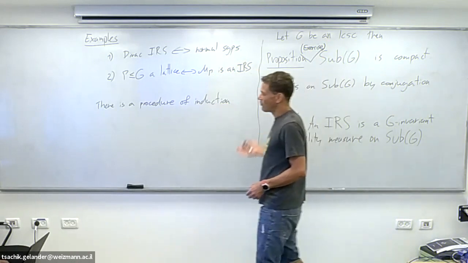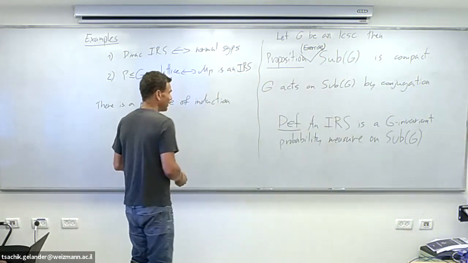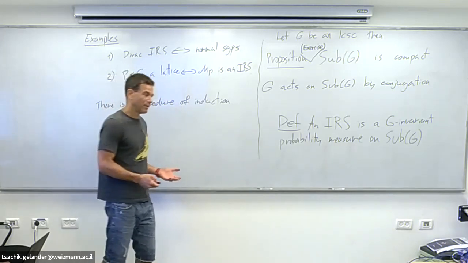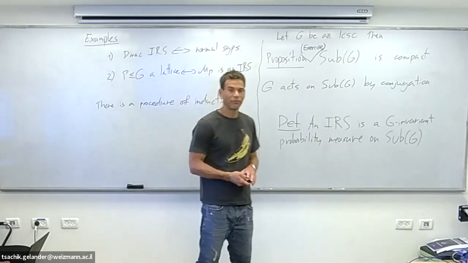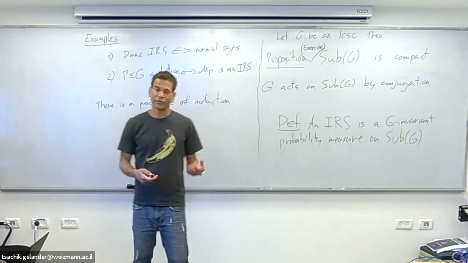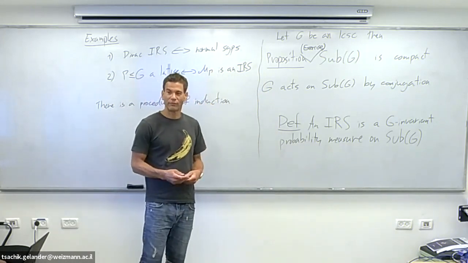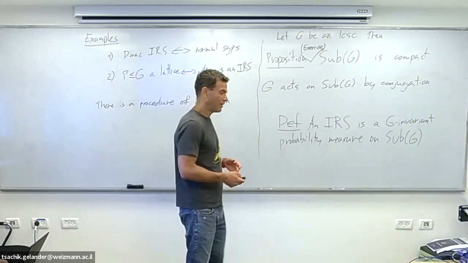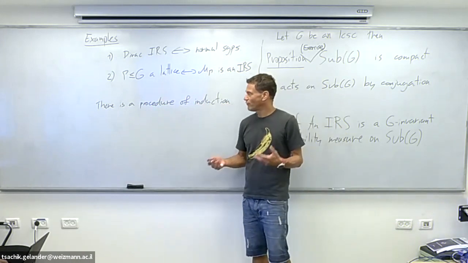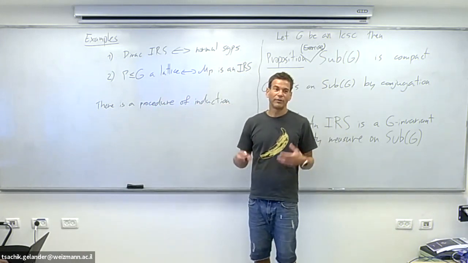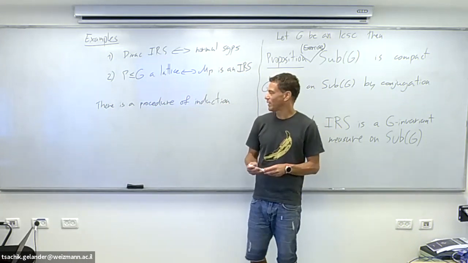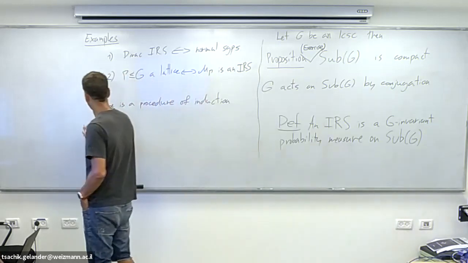And once you have a compact space, the space of all measures on the space has a natural topology, which is the weak star topology. You can view every measure as a functional on the space of continuous functions. And the space of all probability measures is a closed convex subset of the unit ball of the dual space of the space of continuous functions, and therefore by the Banach-Alaoglu theorem from functional analysis,